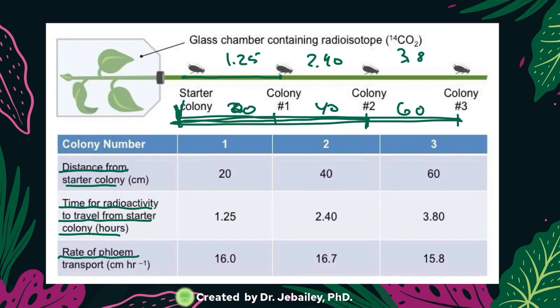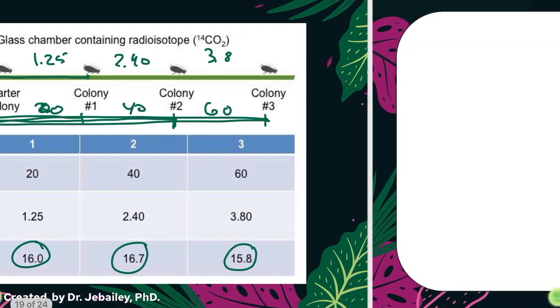Now, since you have the time and the rate, as you can see here, distance over hour, right? They did the calculation. The rate here is 16, 16.7, 15.8. So you can see the rate is basically averaging around 16. This is how you can find the rate of translocation. So the process here, just to wrap up, is that you can use the rate calculation. And so once again, translocation,